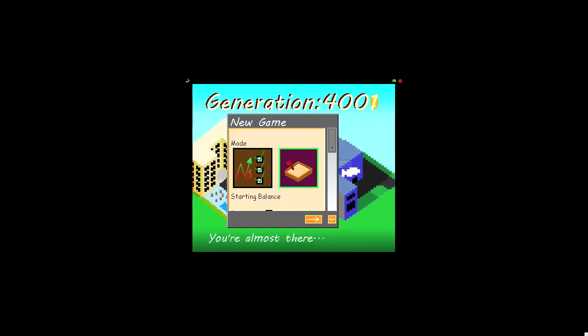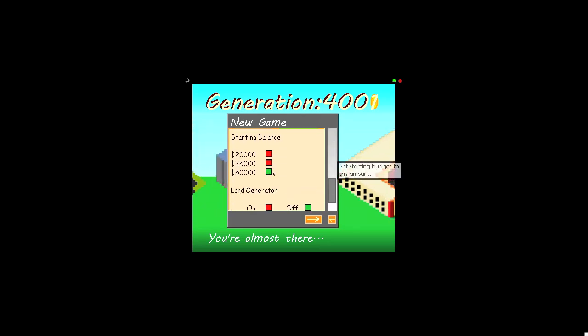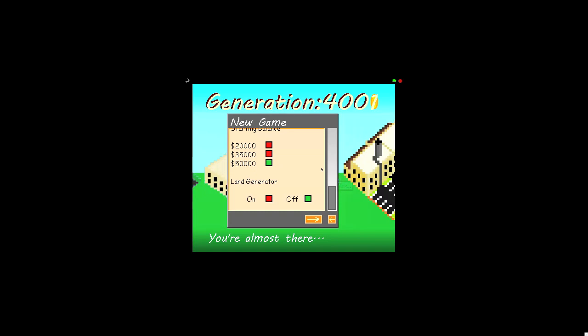I'm just going to play free play mode. As you can see, it's all done very professionally, and I'm going to put it on 50,000. And I'm going to keep the land generator off. I've had a play around with this before I started recording, so I know what I'm going to expect, and